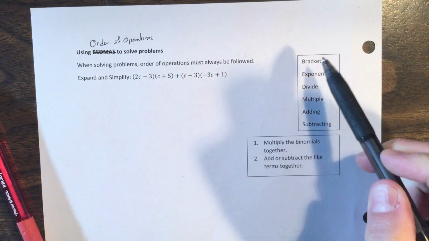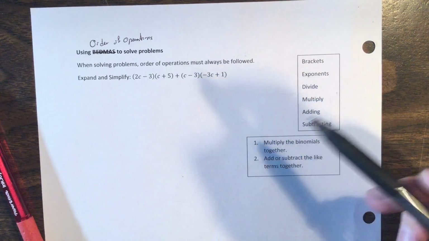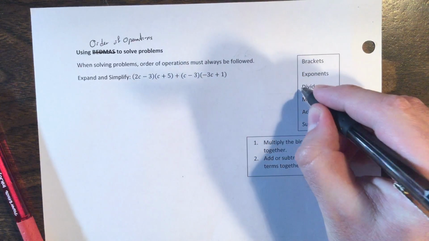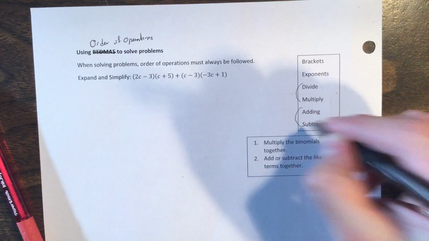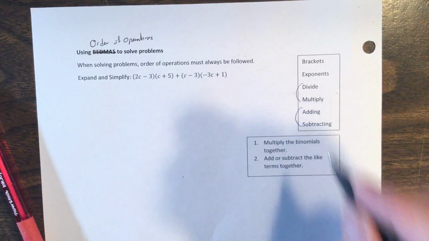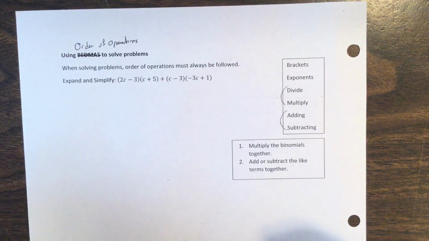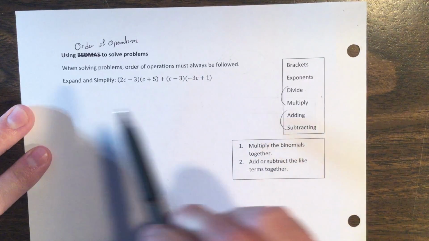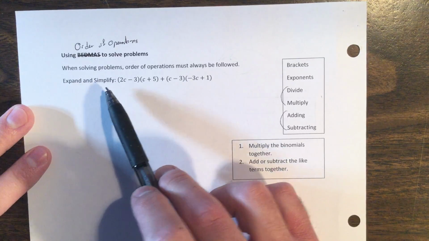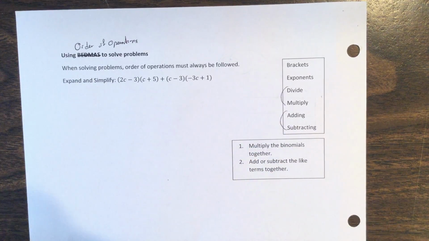in solving. And you might remember from doing your brackets and your exponents, divide, multiply, adding, subtracting. Remember, it's important that these two are done together. So divide, multiply are done together, add, subtract are done together. It's important to remember that those are done that way. Now, what we're going to do is, again, expand and simplify, but now we add on order of operations